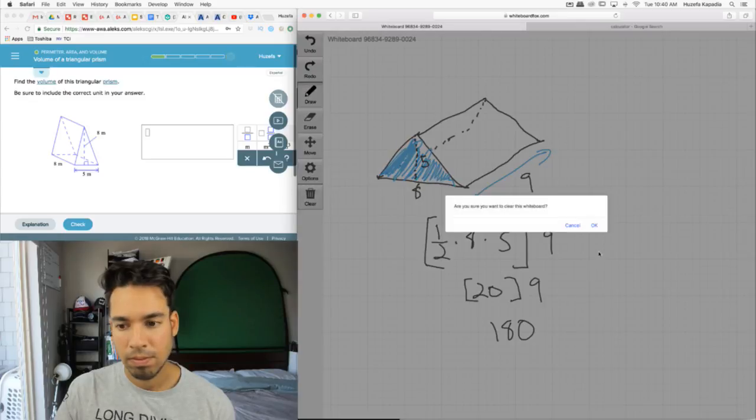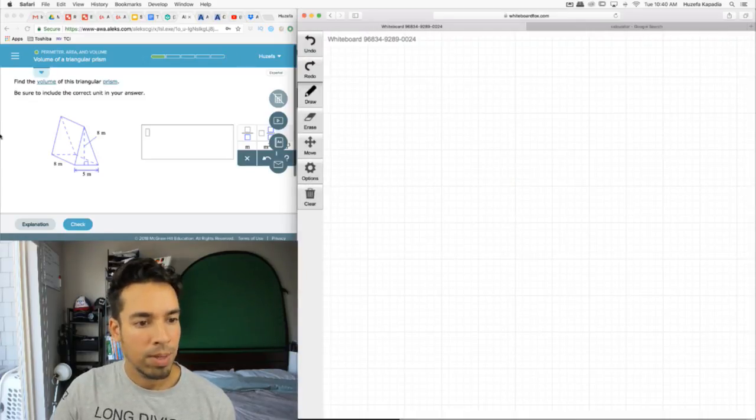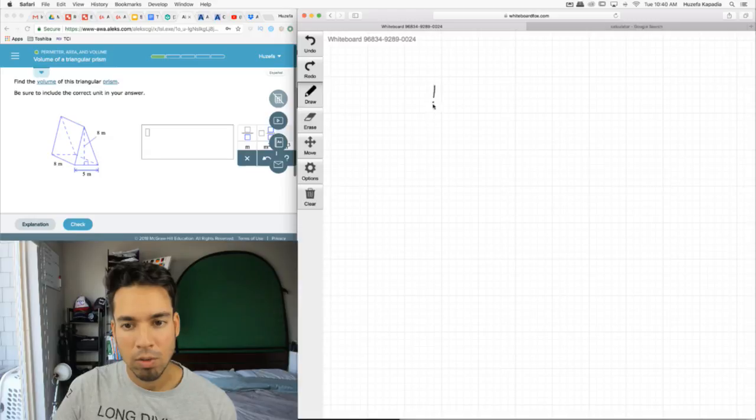Next. Same thing, I'm identifying the figure, the shape that's being extended, and it's this triangle here. What's the area of this triangle? It's again 1/2 base times height. Looks the same. 1/2